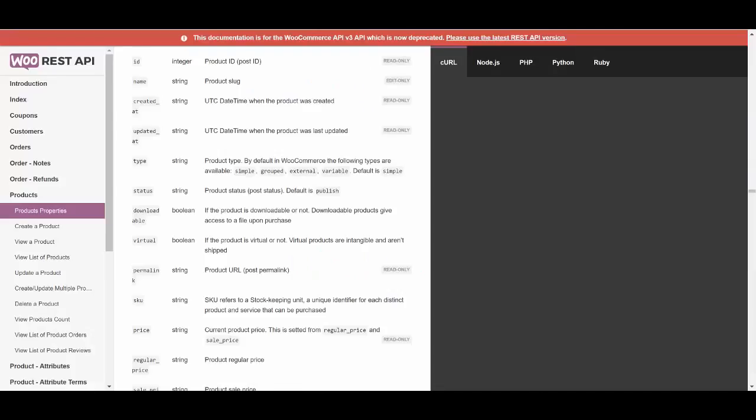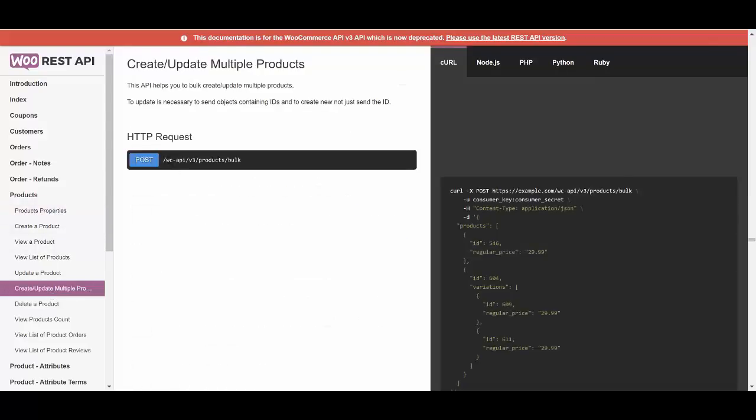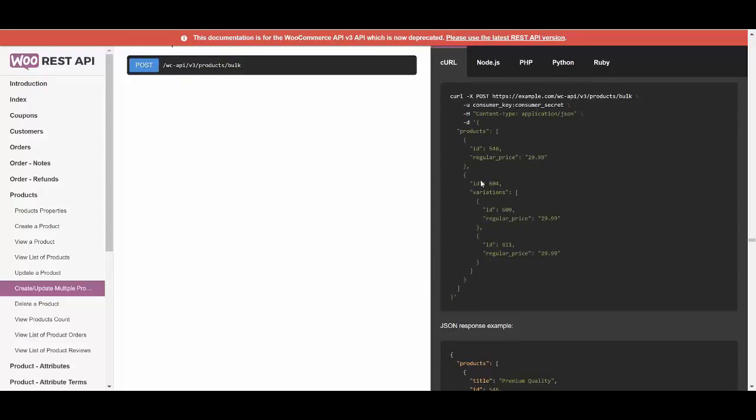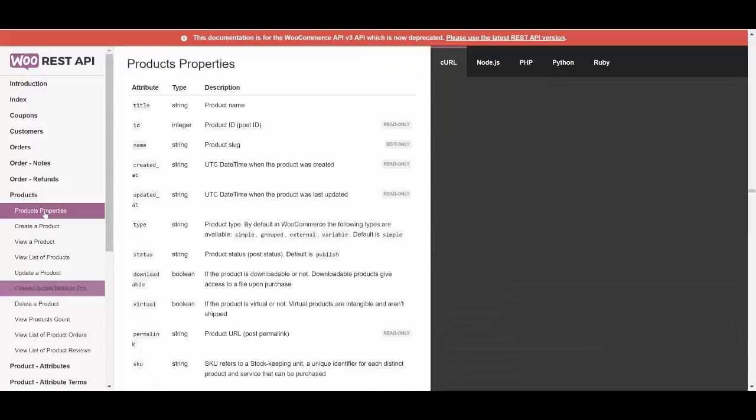So if we go into WooCommerce here, and we find that call, that's the one, v3 product bulk. You can see that you can update pretty much any field on the product. In WooCommerce, they're called properties. So if we look at the properties again,